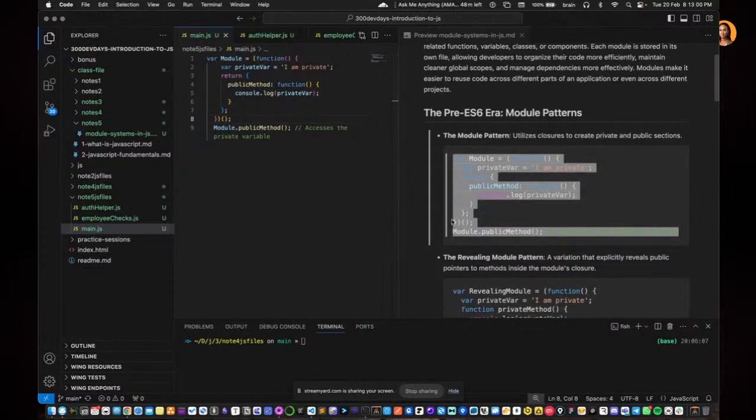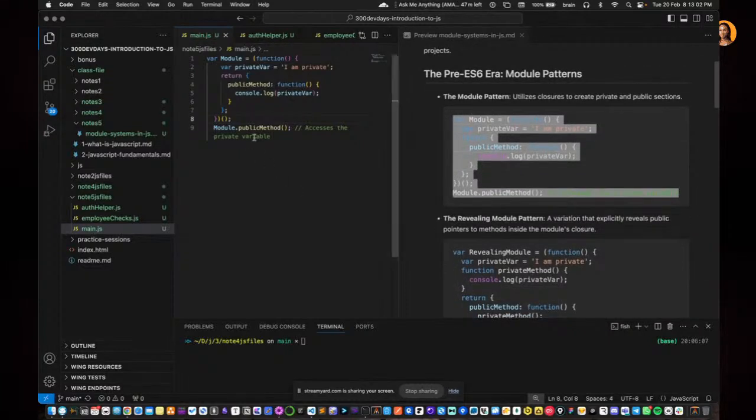We call this the module pattern. We also have the revealing module pattern. If you take a look at this, you're simply working with a function. But what you are doing with this function is that this module wraps what we call an anonymous function that will initialize automatically, as you can see. So this is going to be initialized and passed into this module variable. Now, what happens here is that